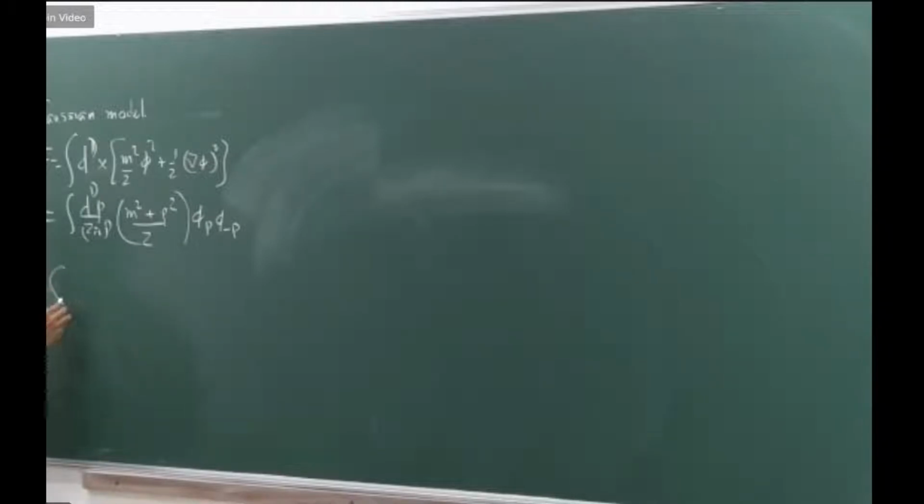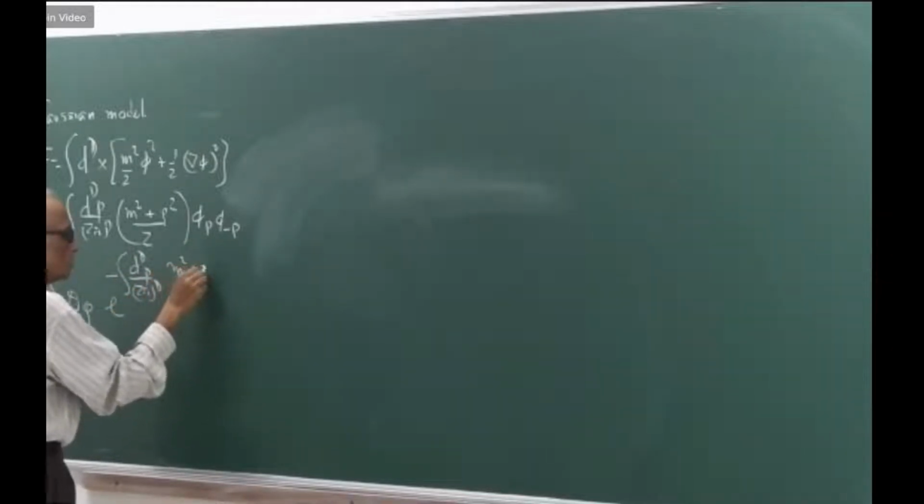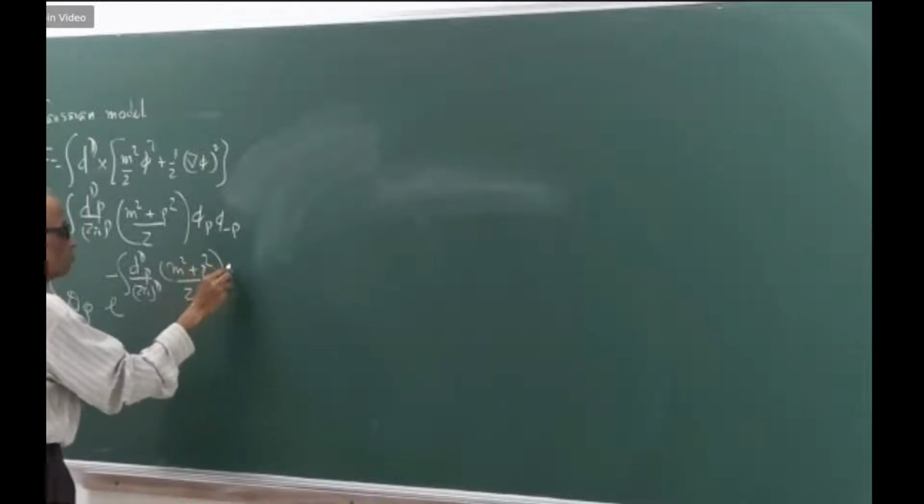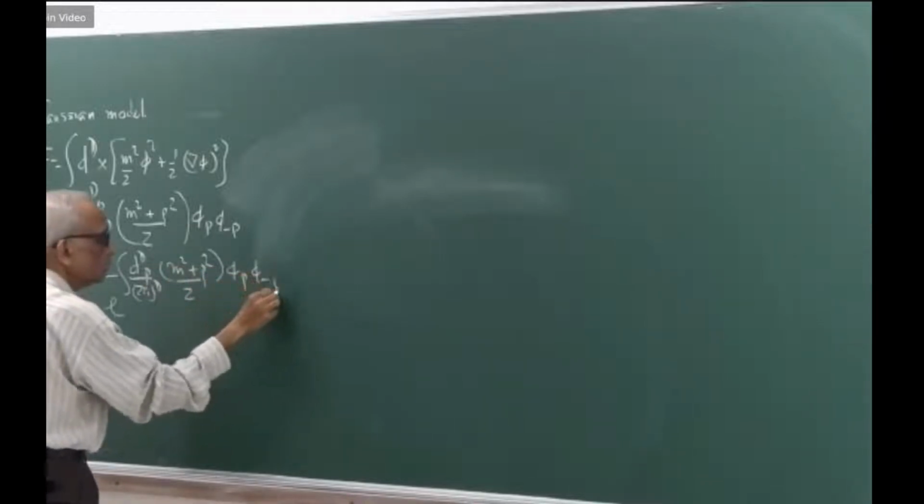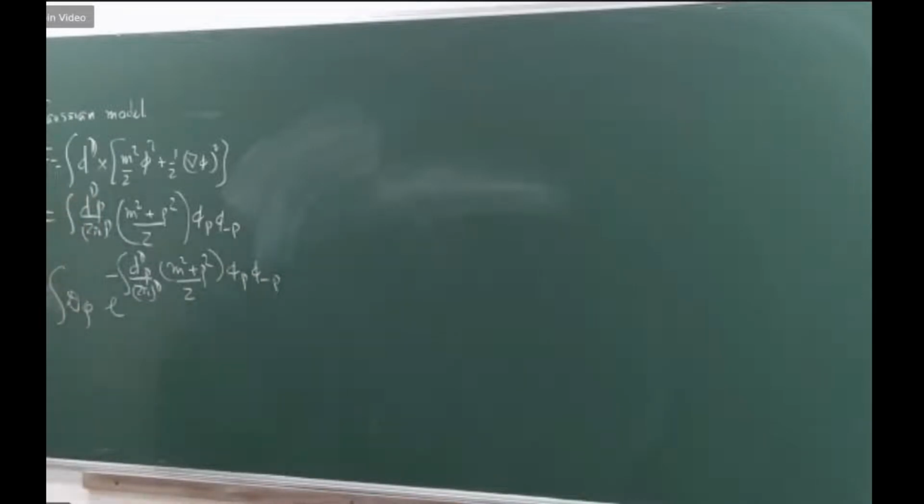And the idea was that it's a question of implementing the renormalization group. So what I have to calculate is the partition function, the functional integral over d phi e to the power minus integral d^dp over 2 pi to the power d, m square plus p square over 2, phi p phi minus p, which you now split. So I'm going to write this as d^dp over 2 pi to the power d. This is